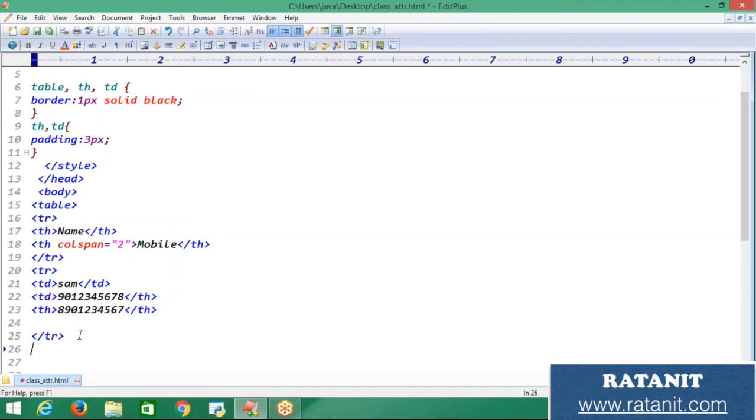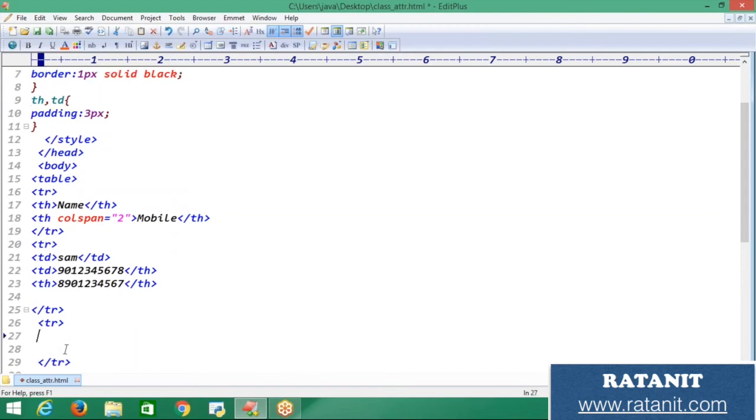I'm going to take another tr. Okay, in this way you can add as many as you want. Inside this tr also you can add the td, sorry, td. This is the data, right? And ram over here, and close this td. Okay, and inside take another td and just add a mobile number to him, and close the td over here. This is the way we need to write the program.